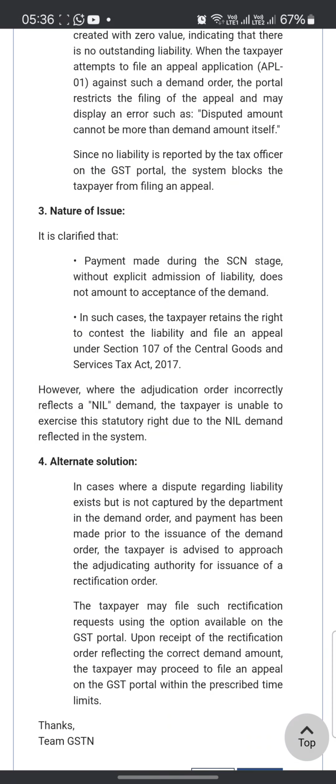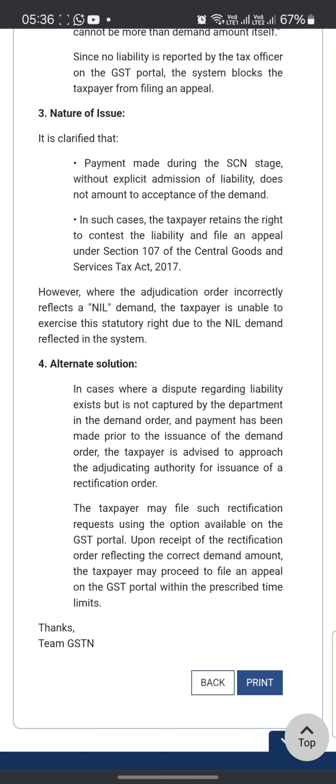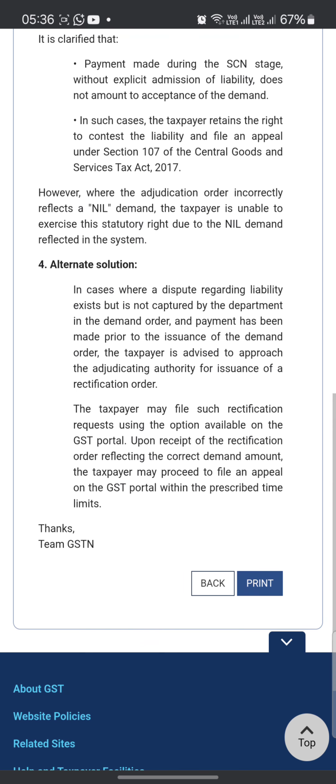Nature of issue: it is clarified that payment made during the SCN stage without explicit admission of liability does not amount to acceptance of demand. In such cases, taxpayers retain the right to contest the liability and file an appeal under section 107 of the GST Act 2017. However, where the adjudicating authority incorrectly reflects a nil demand, and the taxpayer is unable to exercise this statutory right,